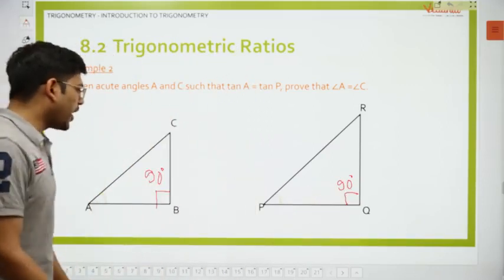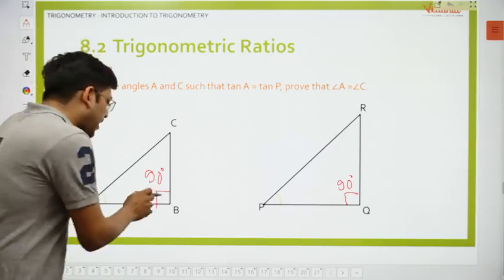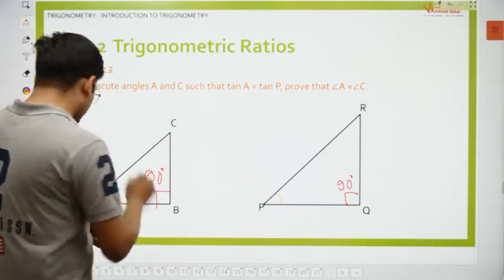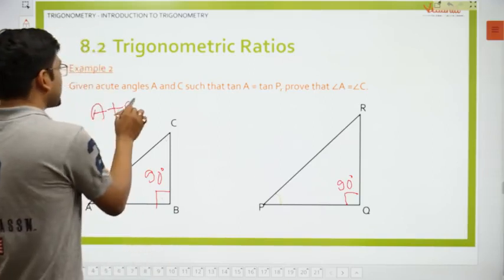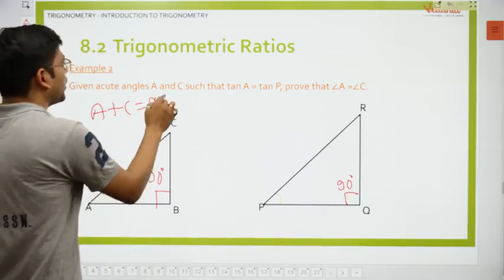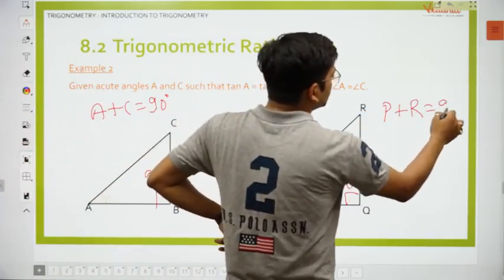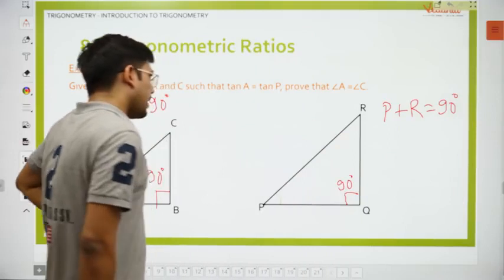Very well, you know that in a right angle triangle, when one angle is 90 degrees, the remaining two angles have a sum of 90 degrees. So angle A plus angle C equals 90 degrees. Similarly, angle P plus angle R is equal to 90 degrees. Very good. Now,